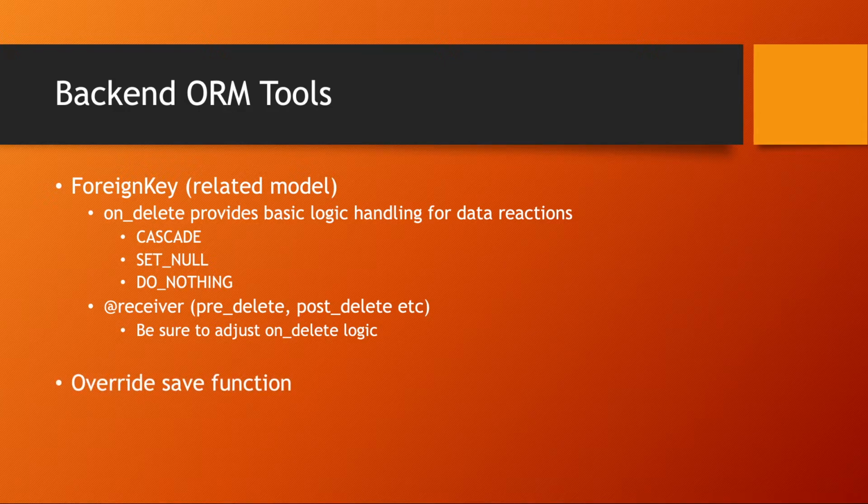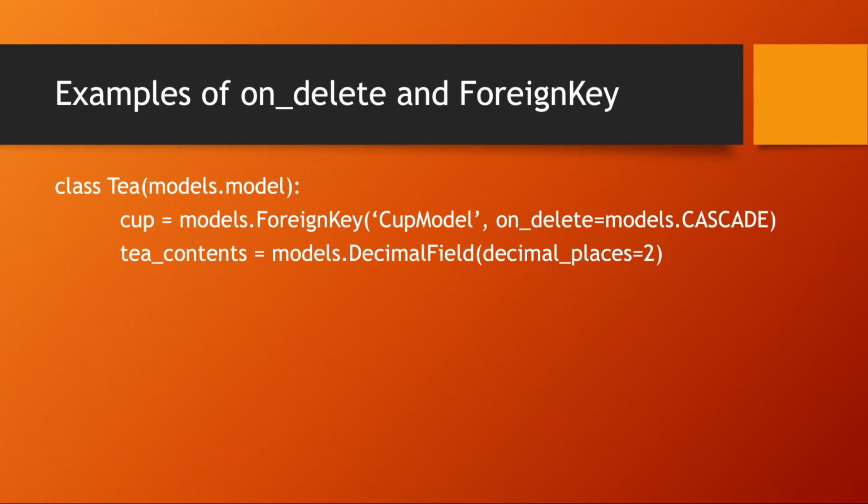Anyway, there's also overriding save functions, which pretty much handles the use case I mentioned where something is triggered and then it increments a count. That's pretty much where you want to use that. Going back a second, I'll show you an example of that. Let's say you have a Tea model here. You've got a cup, and the cup model is set to on. So you've got a cup, the cup has tea, and you've got the tea contents, which is a certain amount